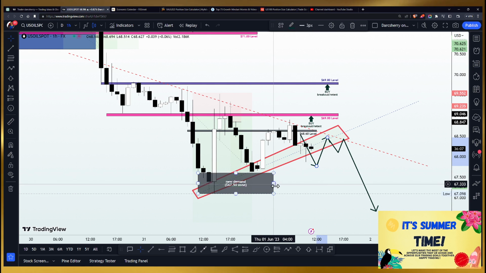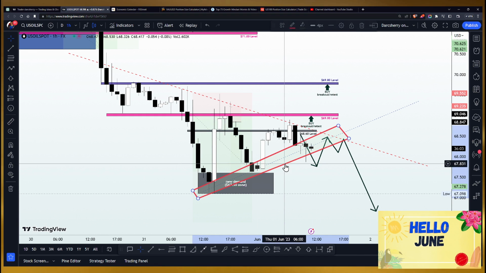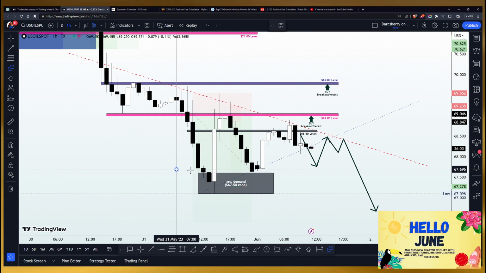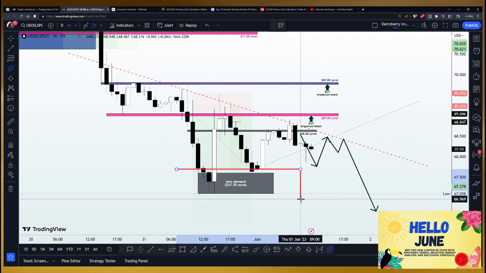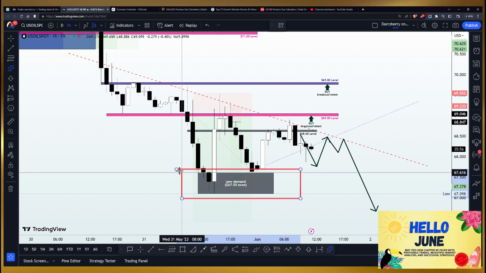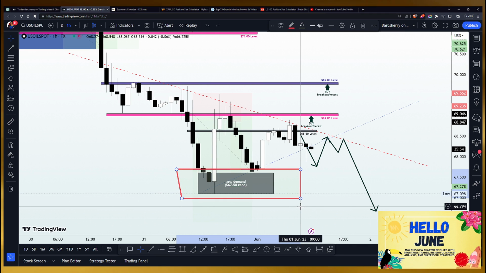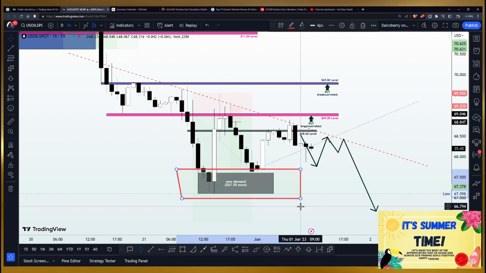And one thing we also want to take note of here is this demand zone at the $67.50 area. Let me show you quickly here. So we have the $67.50 area. We want to take note of that demand zone while we are selling. So whenever price action gets into that zone, we want to move all our stop losses to secure the current sell position and wait out to see how price action reacts to the zone to determine if we are going to be adding more sell position or getting ready to buy the US oil spot again.